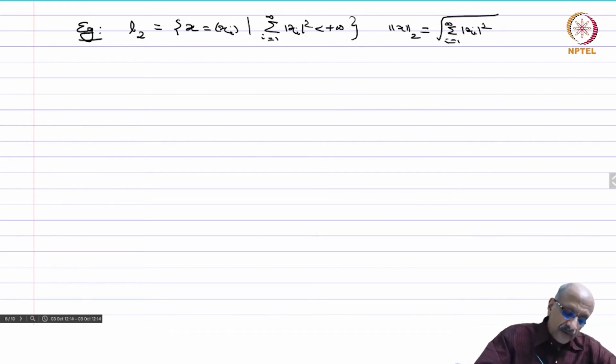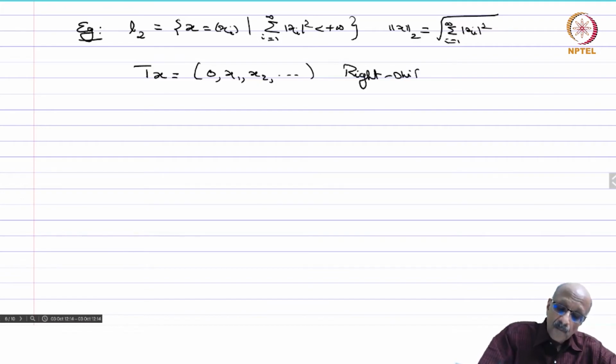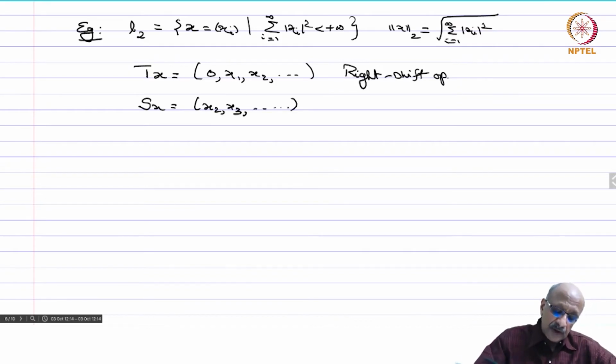So now we are going to define two operators. T of x is the sequence 0, x1, x2 and so on. So you push it to the right and put a 0 in the front. This is called the right shift operator. Similarly, S of x we are going to define as x2, x3 and so on. So you push it to the left and you get rid of the first coordinate x1, and this is called the left shift